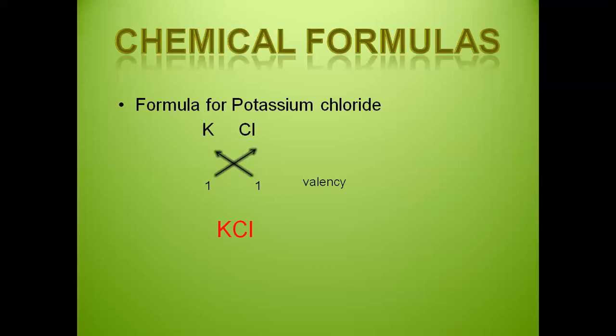I know many students already know this. You might be feeling it's so simple, why are you repeating? Because there are so many students sitting in the class, it is not necessary that everybody understands in one go. So I'm going a little slow so that everybody understands clearly, as this is the most important part of chemistry. If you're not able to make the formula, you will not be able to make the chemical reactions. And when we talk about chemistry, the first thing which comes to our mind is chemical reactions, isn't it?